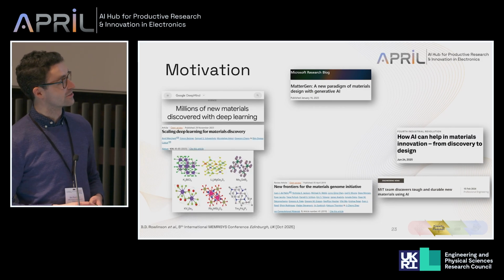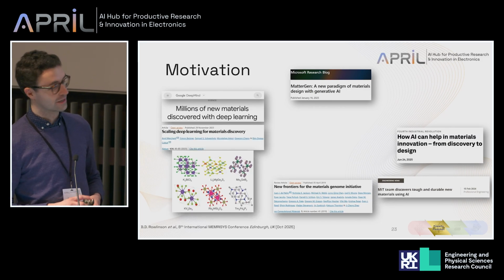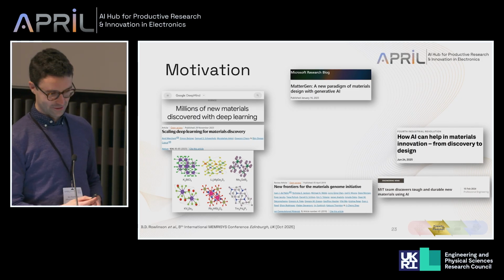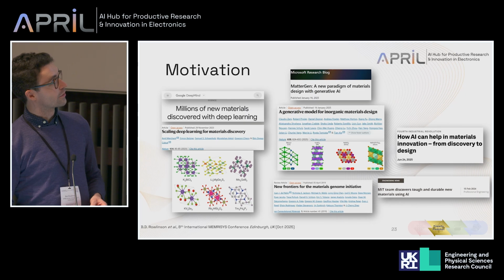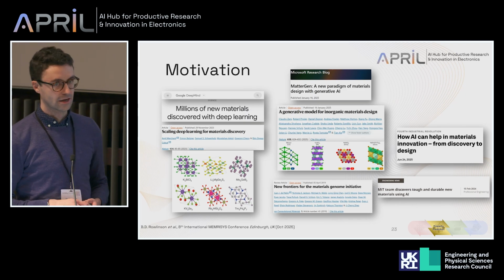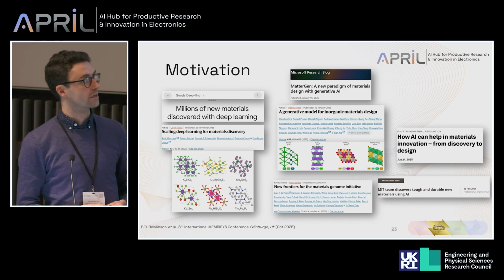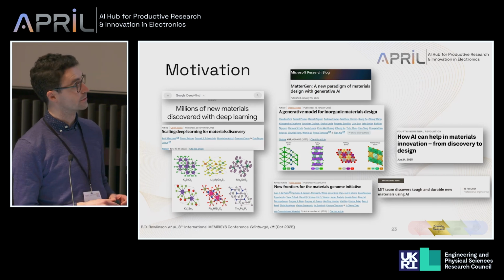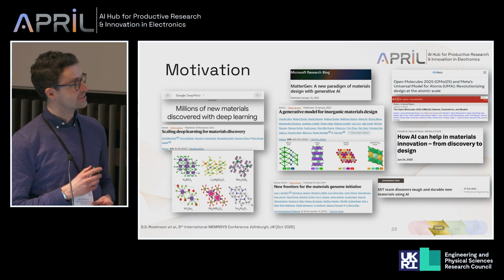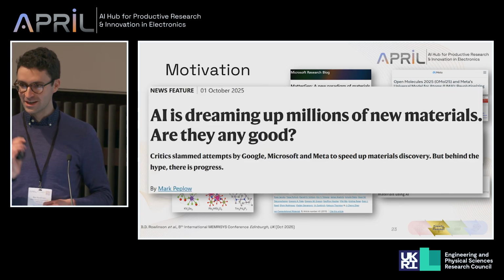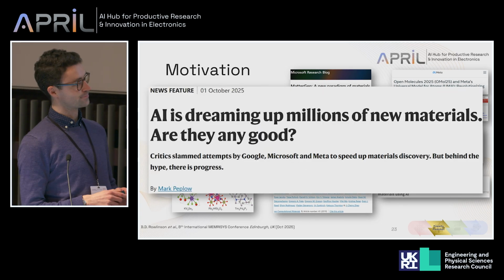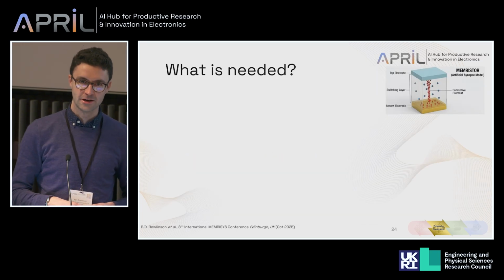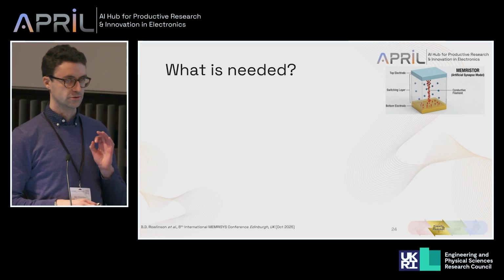You can see this is just a small snapshot of all of the different approaches that have been taken. I don't think any of these work particularly well. But the ones I really want to concentrate on today, and you'll see with some of the internship projects, are these models from Microsoft and from the Google DeepMind team. But it begs the question, AI is dreaming up millions of new materials. Are they any good? So with my background as a nanofabrication engineer, I'm really interested in two types of devices,